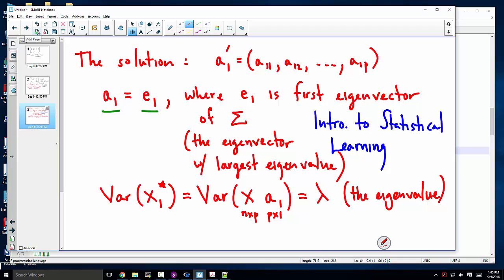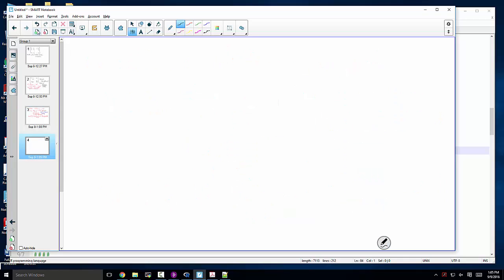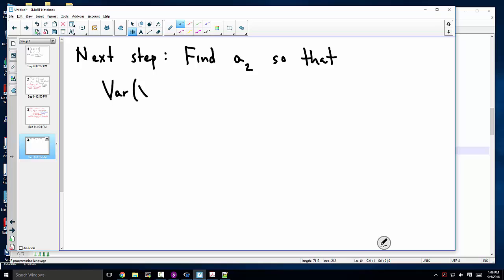So now suppose the next step is to find a new set of constants for a new linear combination. Find that one so that the variance of x2 star, which is the variance of x times a2, is maximized